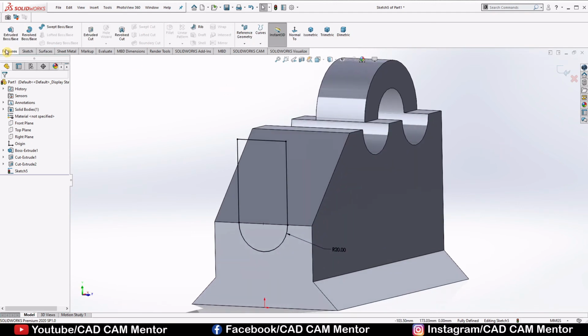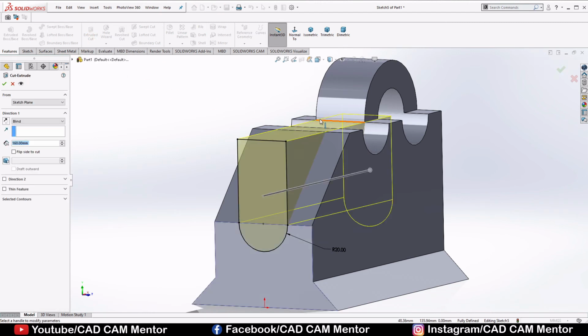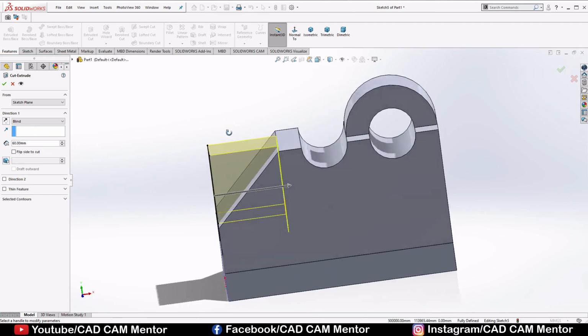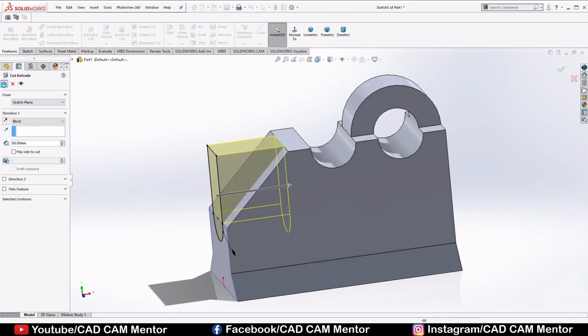Again go to the features, select extruded cut. Total length of the block, this length is 200 millimeter and the length from this point to this point is 140 millimeter. So this length will be 60. So we'll put here 60 millimeter and click OK.